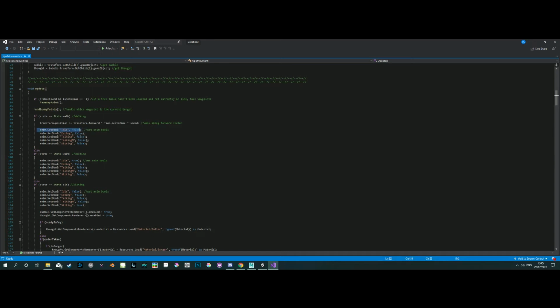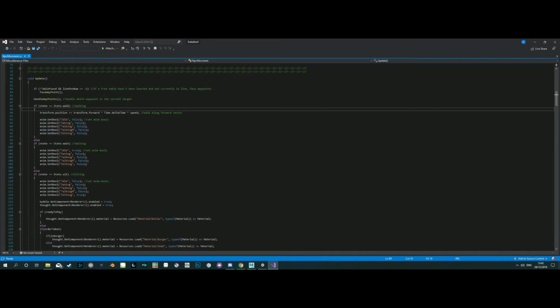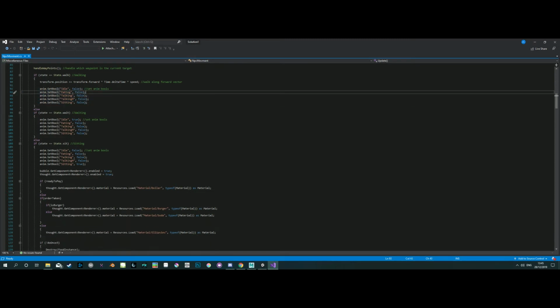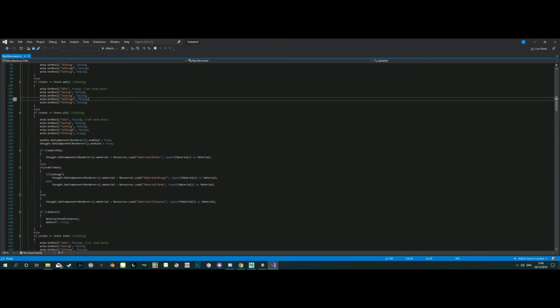And where is it? So all animations are set to false, but where's walking? Walking is probably set somewhere else. The walking animation to true. Oh no, sorry, that's their default animation. Whenever they don't have a current animation state, they'll just be set to walking. So if they're waiting, then idle will equal true. If they're sitting down, then they'll have